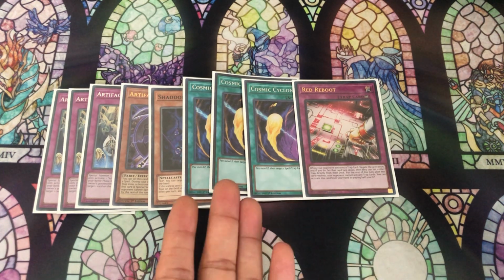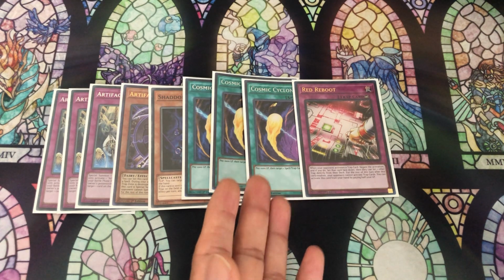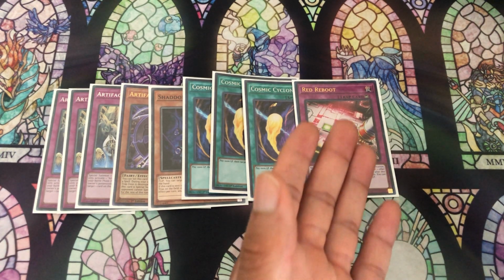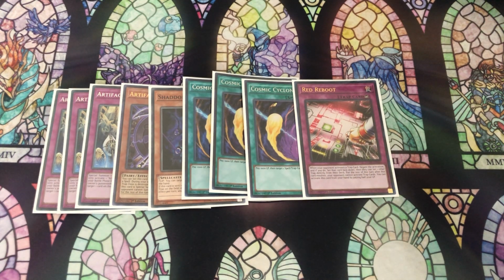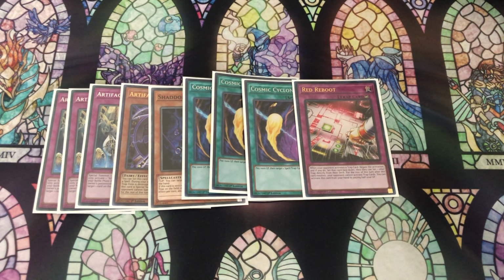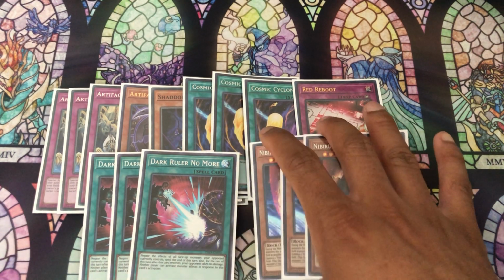These are also pretty good against Outlich because you can banish their Golden Land cards as well as their Outlixirs, and then Red Reboot can at least, well, you probably don't side this against Outlich because if you aren't able to go for game, giving them advantage is a death sentence, and so I don't really like it in that matchup, but in general it's a really good card for back row heavy decks like Guru or stuff like that, Altergeist. And then when going second, I side 3 copies of Dark Ruler No More and then 3 copies of